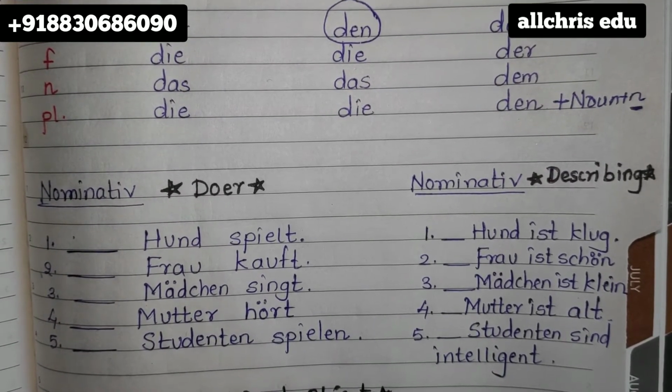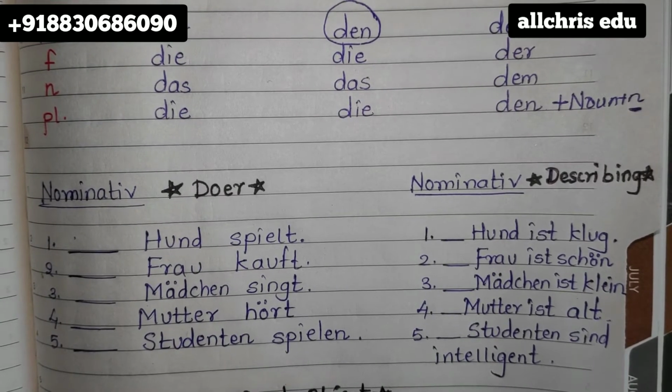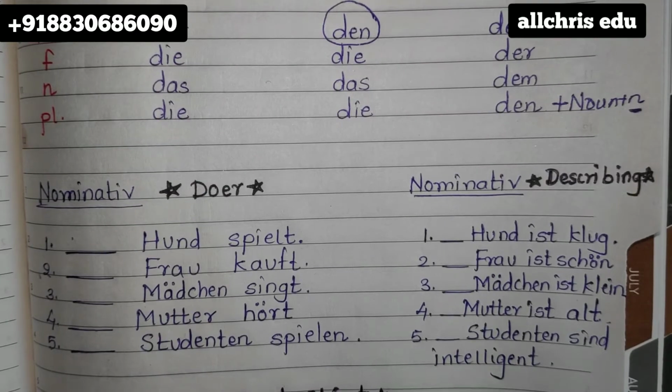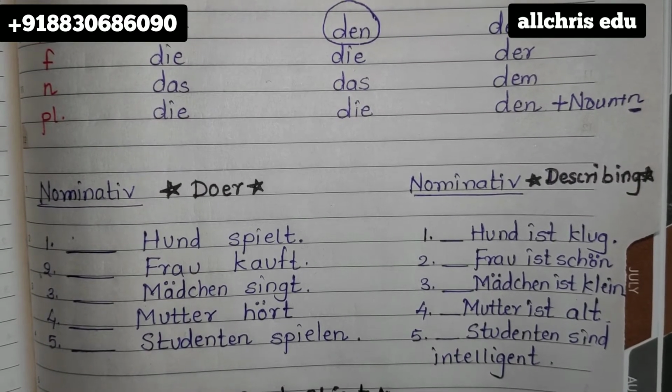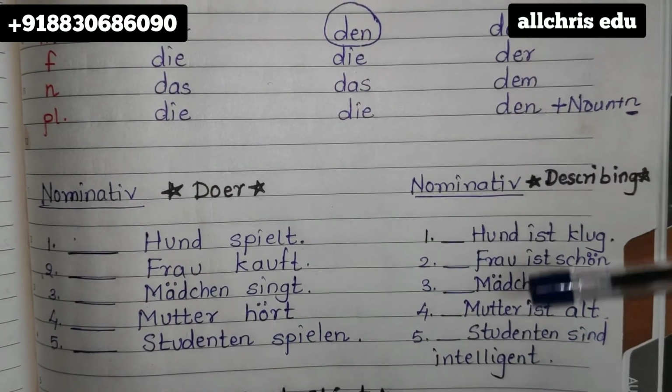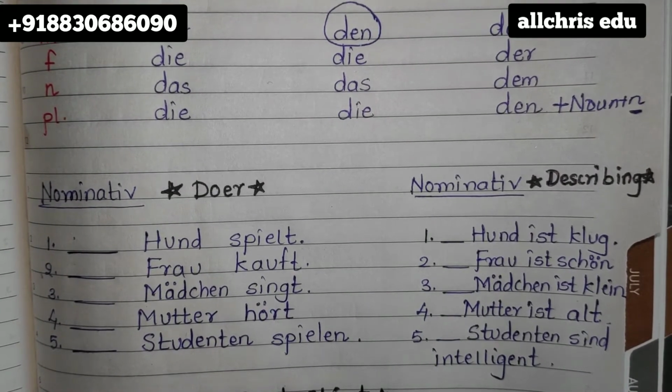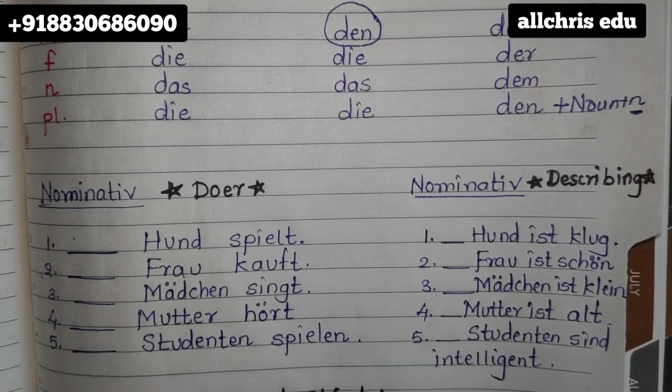And why are we writing from the nominative column? Because in these 5 sentences, these nouns are doing action. So in these 5 sentences also, we are going to write a nominative article. But why? You should know. Because